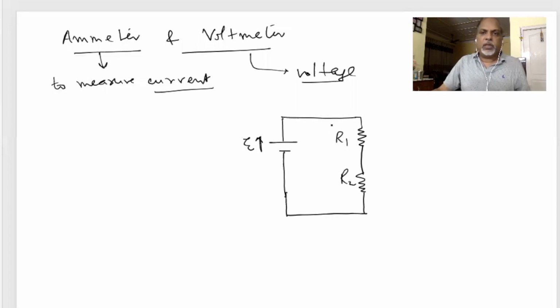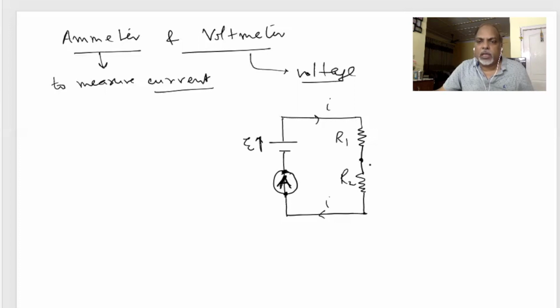This is your basic circuit, and I current is flowing. Now, if you want to measure the current directly through ammeter, you have to attach this thing in series within the circuit where you want to measure the current. Correct. And if you want to